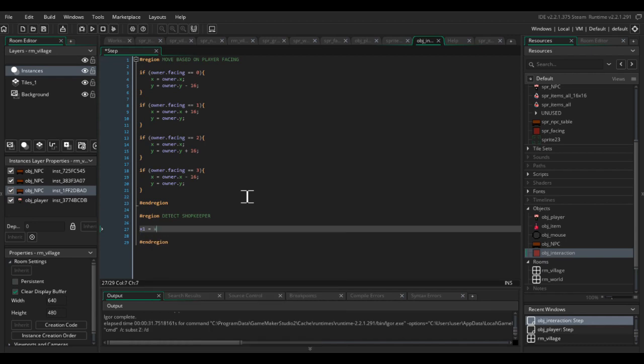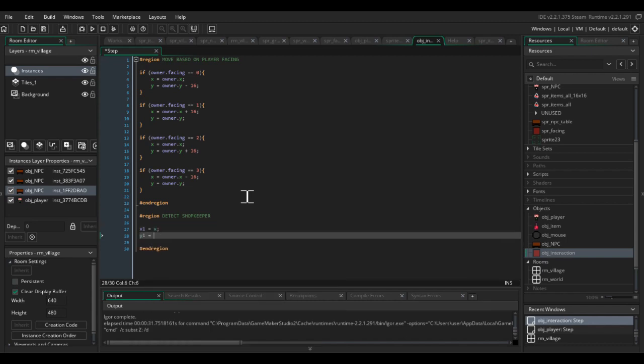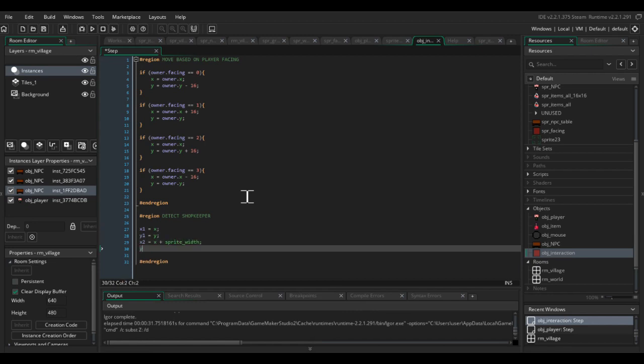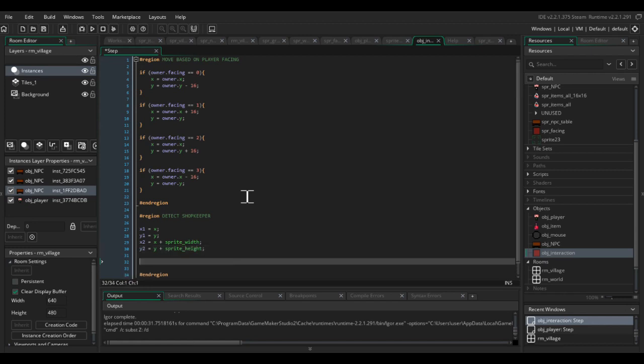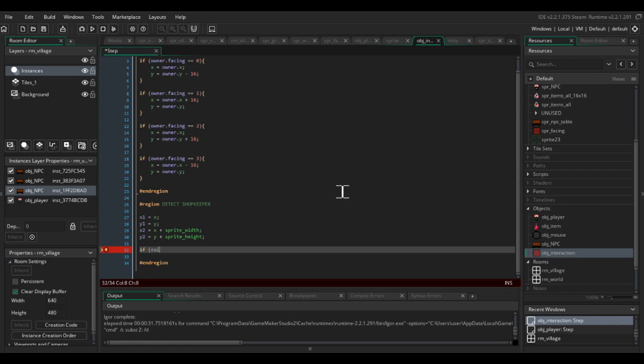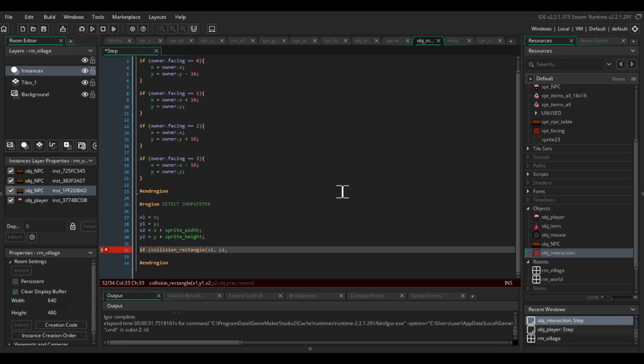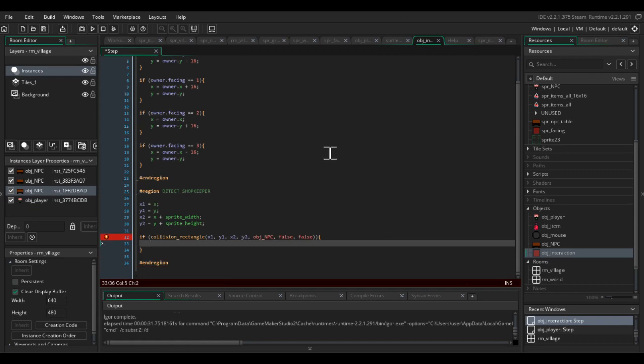And we're going to say x1 equals x, y1 equals y, x2 equals x plus sprite width, y2 equals y plus sprite height. And now we're going to say if collision rectangle x1, y1, x2, y2, obj npc. So we're basically checking to see if the red box is colliding with one of the NPC objects. If it is, then